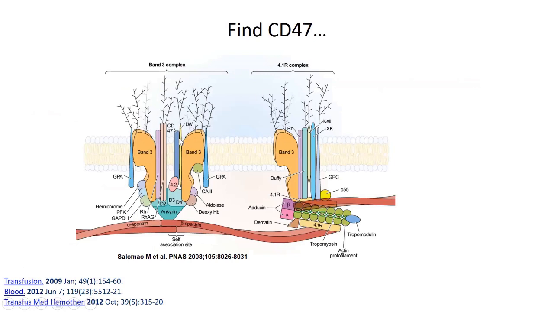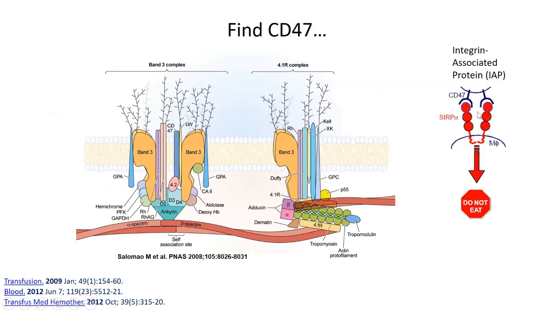You can see CD47 here in this navy blue band within or as a part of band 3 complex. If CD47 engages with SIRP-alpha on the monocyte or macrophage, that cell relaxes. This is the do not eat me ligation or signal pathway. This is why